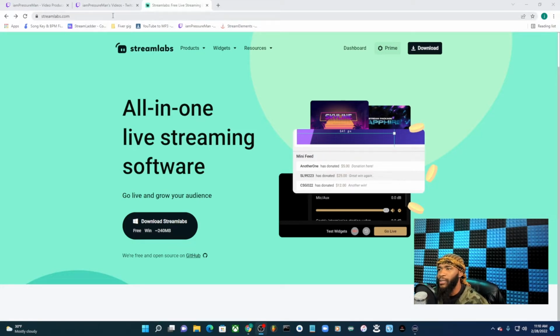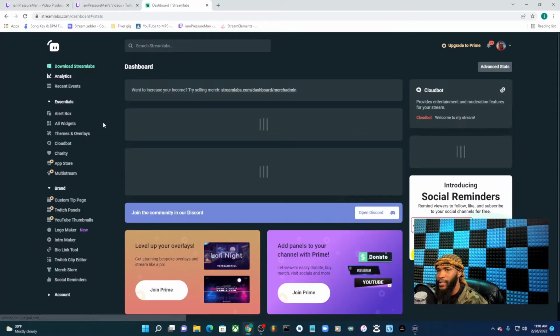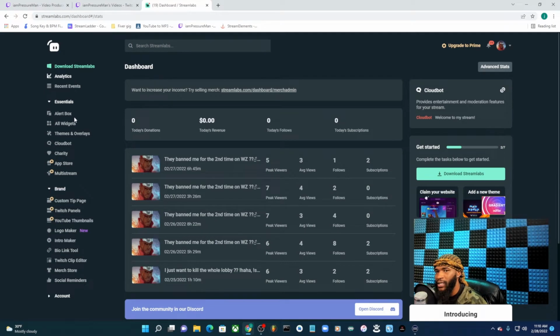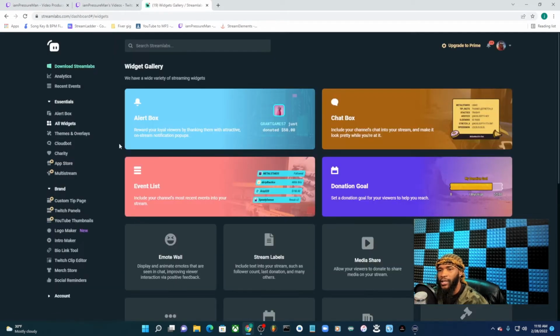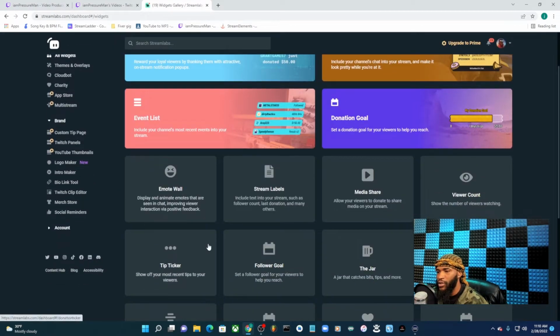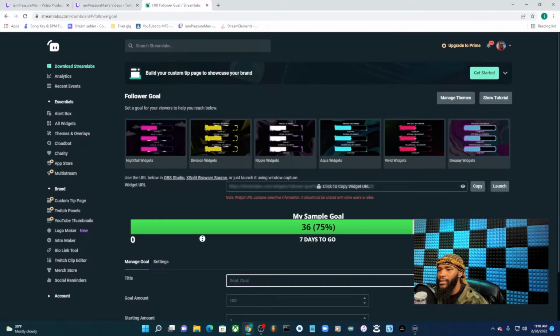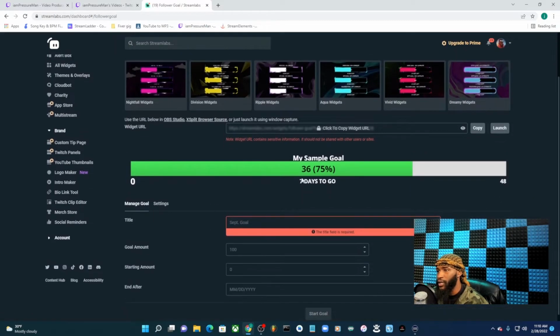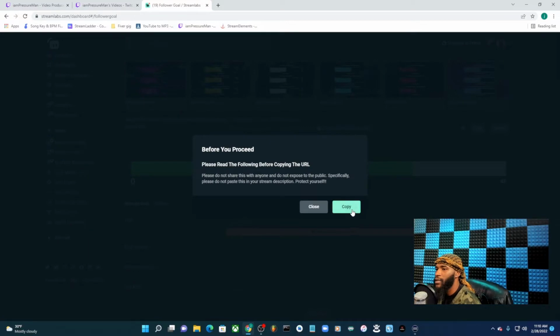So go to Streamlabs, the link is in the description if you don't want to type it already. So dashboard, it's gonna sign in with your Twitch. If you don't have that sign in, just do that. Go to widgets, and from there, let's choose the follower goal for this example. And you're here. So once you get here, you want to copy that link that they give you into your